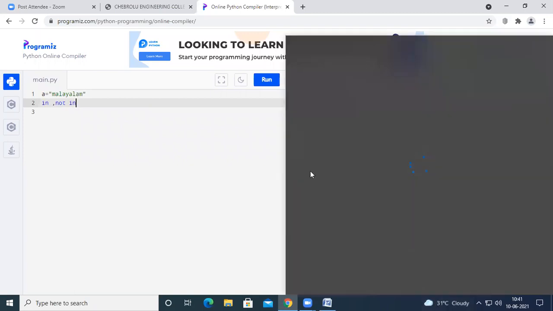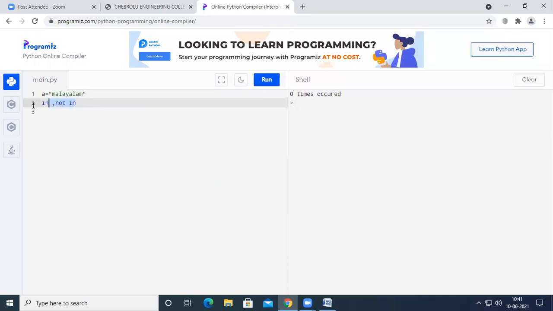For example, here the string A is having Malayalam. I want to find, print A in A. So here the first A is a character and the second A is a string.